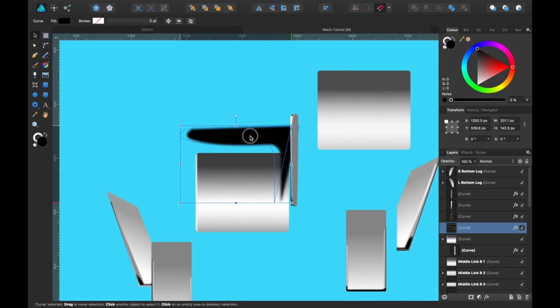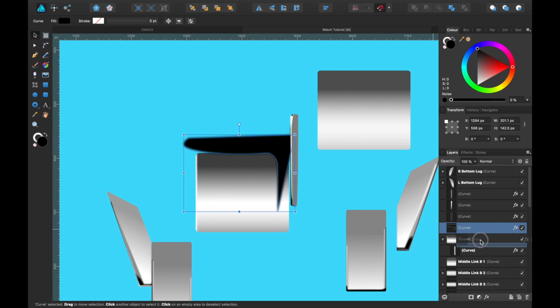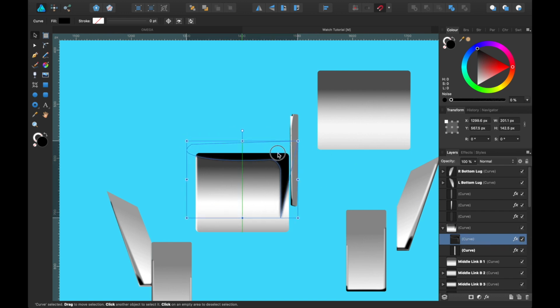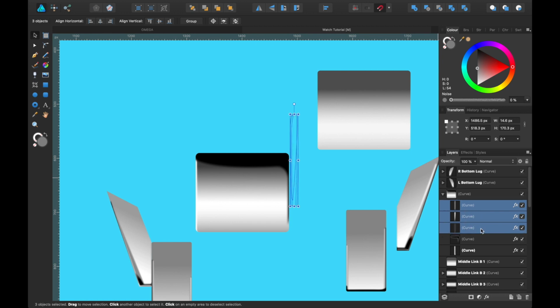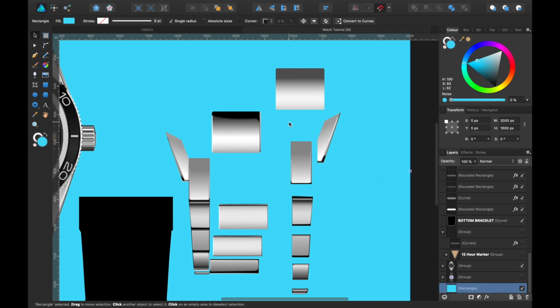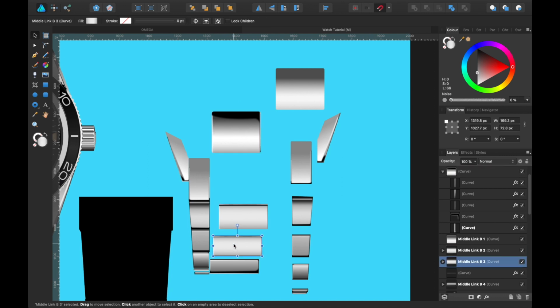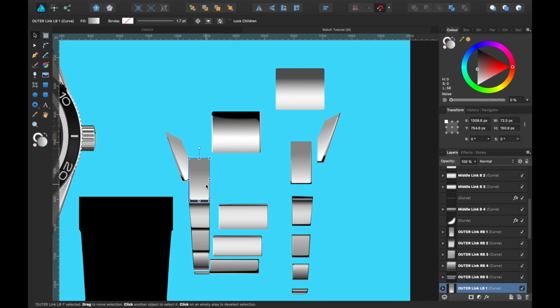So if we grab the big black one here, I'll nest that in also. There we go. And these ones, and you can keep nesting. I'll click all of these and nest them in there. So from afar, it looks more realistic. That's one link, and you basically have to keep doing that to all of the links. Quite time consuming, but quite therapeutic as well, if you like art for that kind of thing.